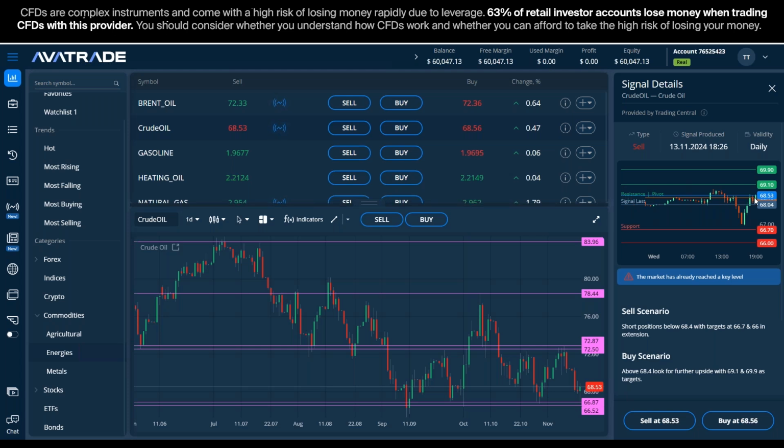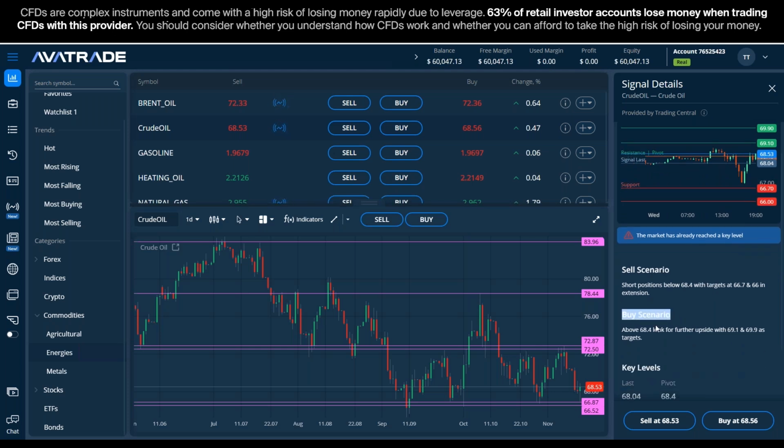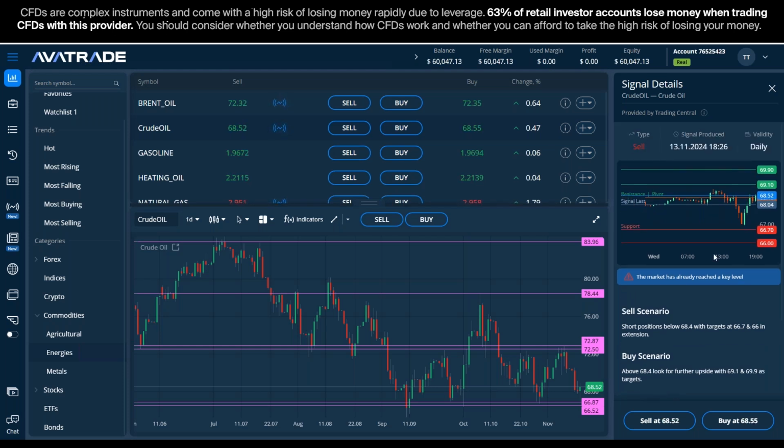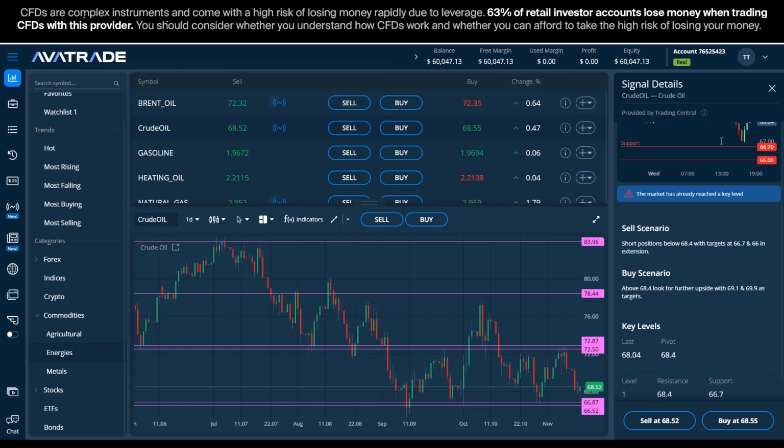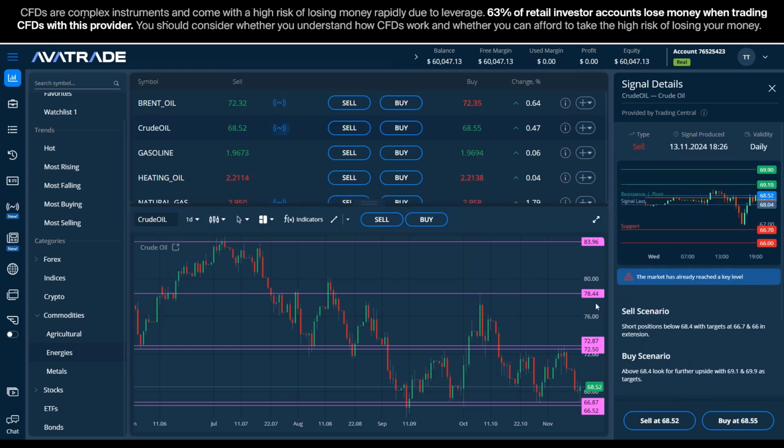Why is it a buy signal? It's above the pivot. That's the rule here. Buy scenario. If it's above 68.40, it says look for further upside towards almost 70, 69.9 at the top of that take profit zone. Okay, so that's up here. So the expectation is now this will continue rising. That's the signal now, even though at the top it says sell. If you interpret what happened here and that it's above the pivot line, it's broken back above the 68.50 or